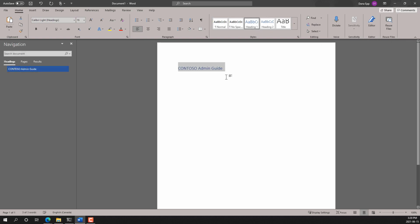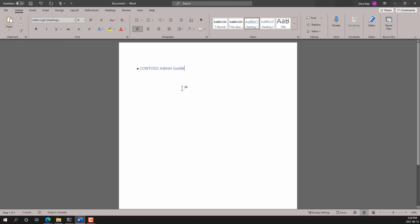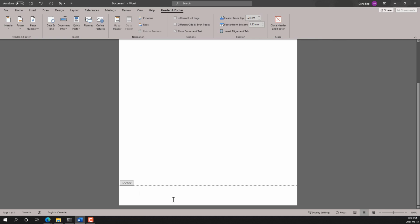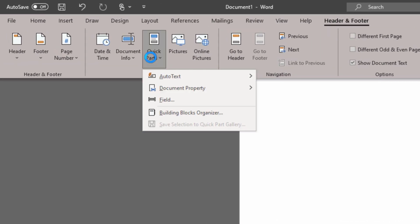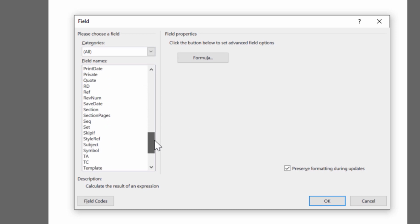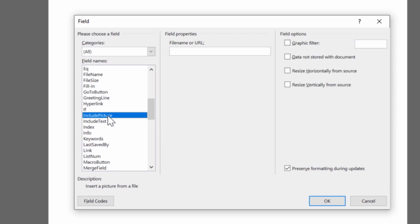But in our case here, this isn't really about the doc itself. It's about booby trapping it so that it'll call home whenever it's accessed. So if we were to go down into the footer as an example, we can insert a field. And we could look for a field called Include Picture. And this gives us the ability to put a URL. In this case, you could put the URL of your application in a specific path that only you would see